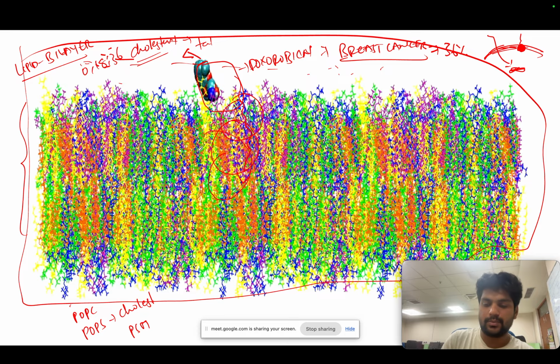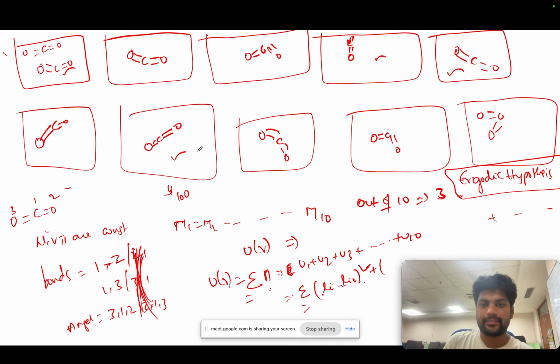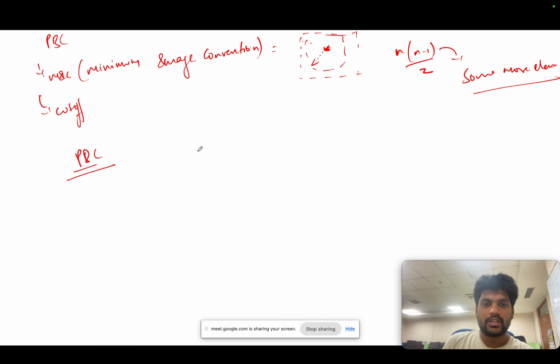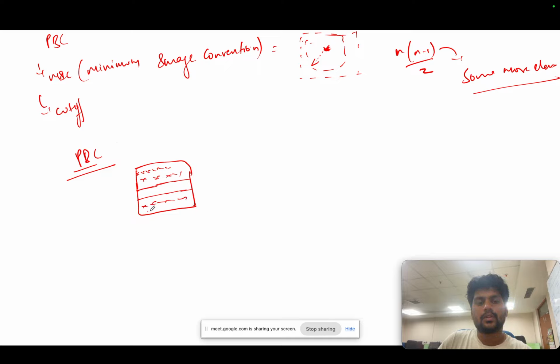If you remember this example, just assume this example, and I will draw the same again. There are three cases of seeing the diagram. Suppose the first case is, this is the box and you kept the bilayer in the center. Assume this is the bilayer and this is filled with water molecules. Now suppose the box size is very small, and you do the PBC of this one,